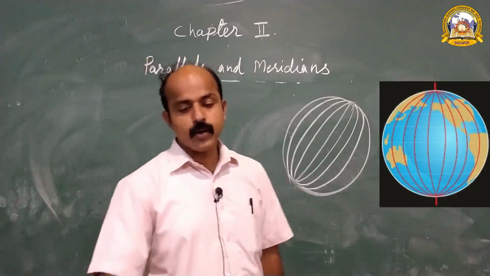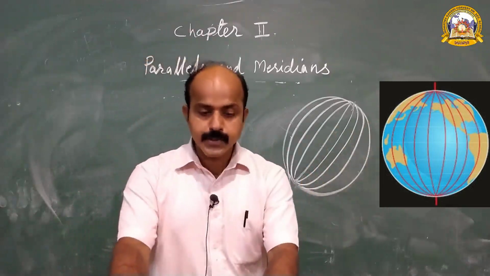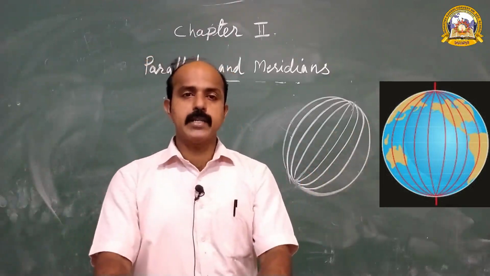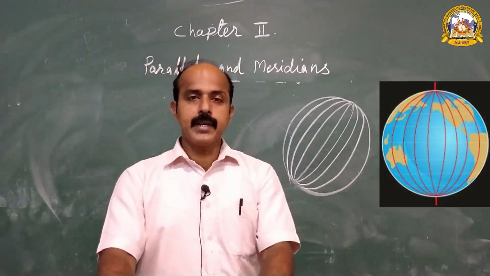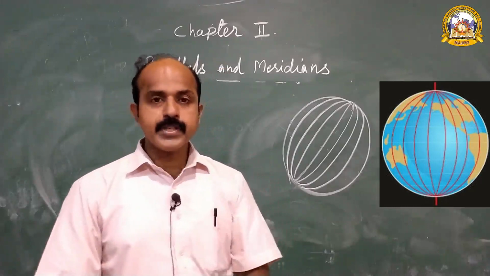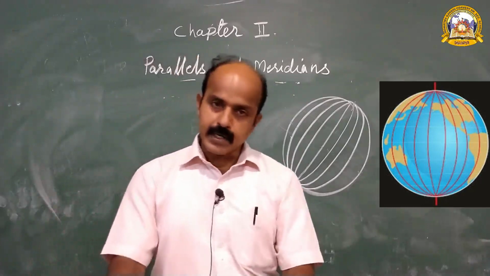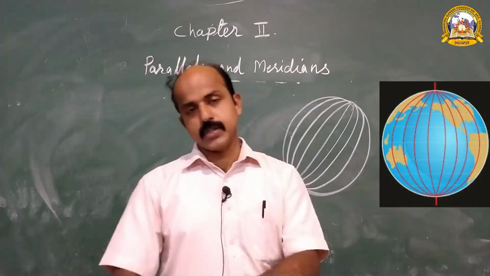To locate a place, we must know the value of its parallel or latitude and its meridian or longitude. The point at which the parallels and the meridians cross each other is called the location of that